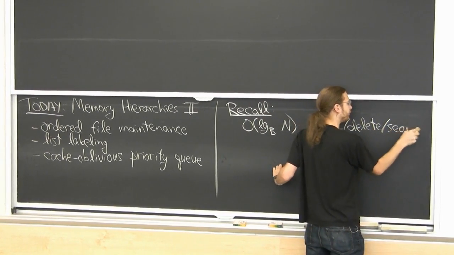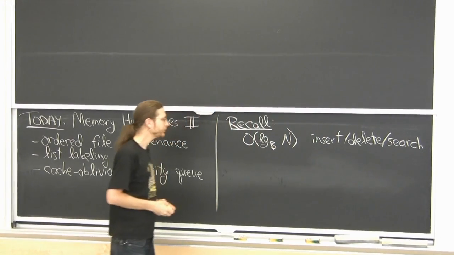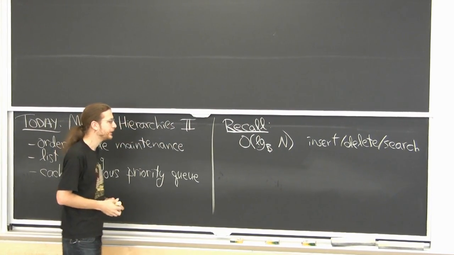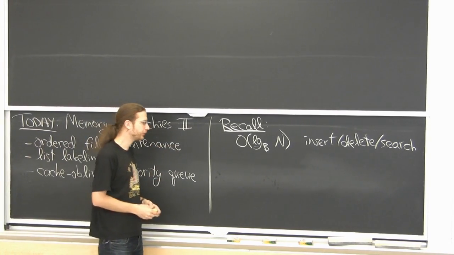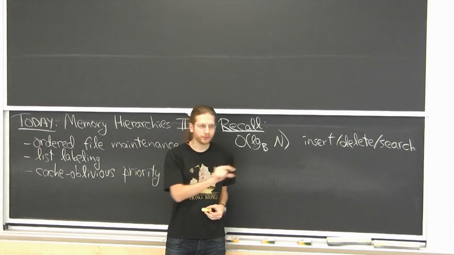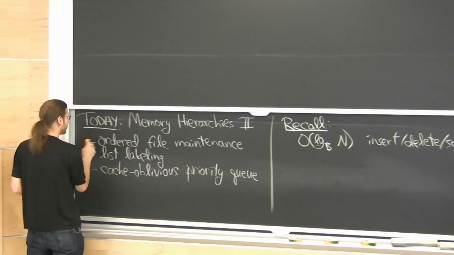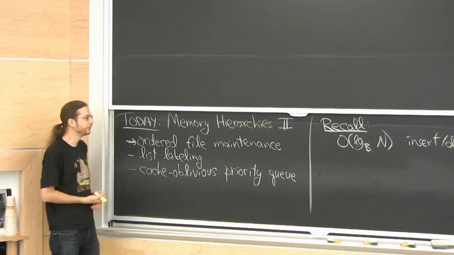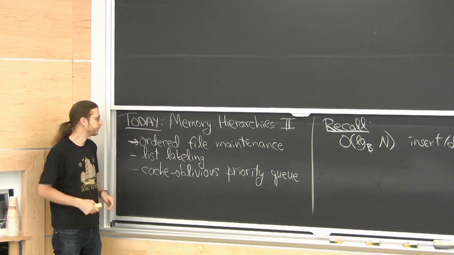And the cool part is that we could do that without knowing what B was. It was basically a binary search tree stored in a funny order, this van Emde Boas order, with an ordered file on the bottom, which we left as a black box. And today we're going to see how to actually do ordered files in log squared n data moves per insert